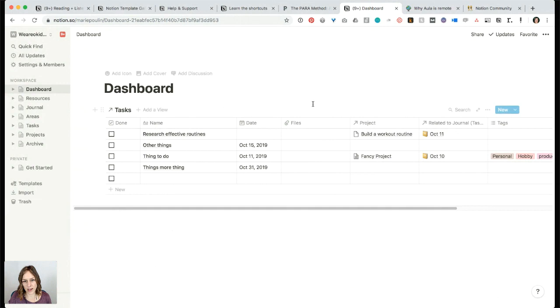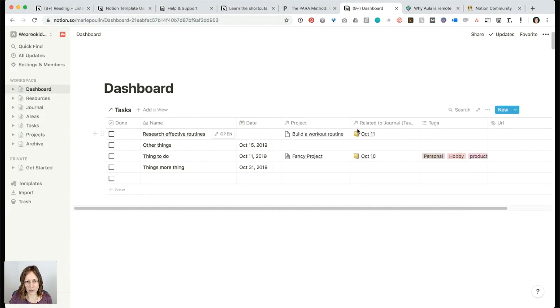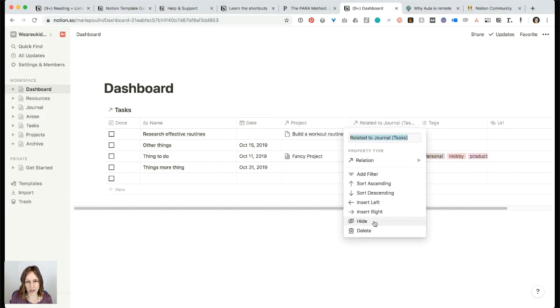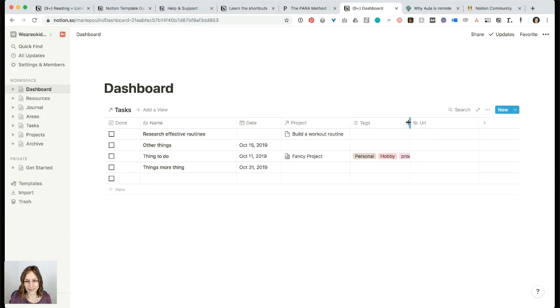Done checkbox on the left. Files, I don't often use files. I don't necessarily need to see the journal relations right there. Even tags are not necessarily always helpful. But one thing I do like to do,